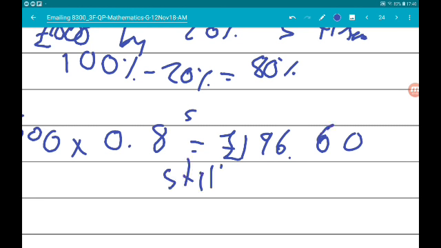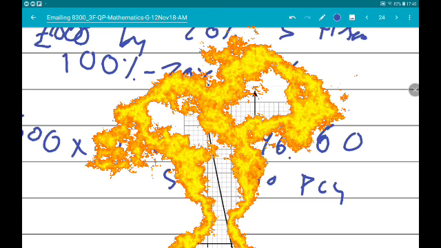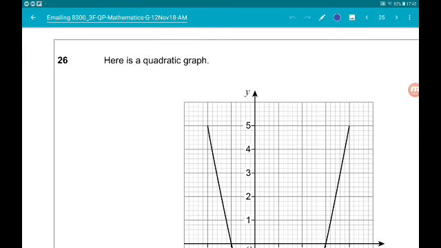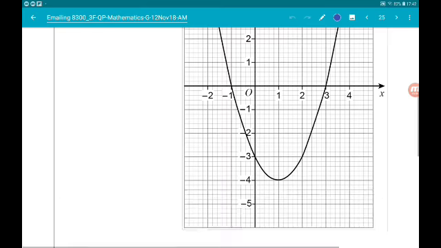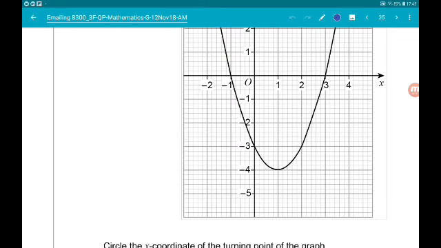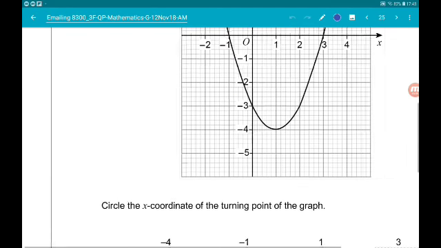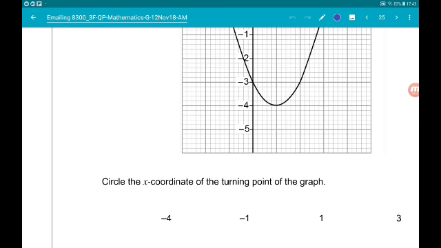Still to pay. So what he should have done is paid back 20% of £600 each month. So £120 each month would have done it. Bad Doug. Okay, 26, we have a quadratic graph, and we're asked to circle the x-coordinate of the turning